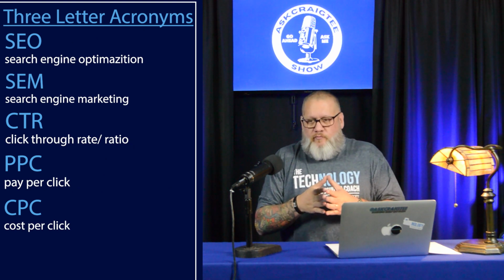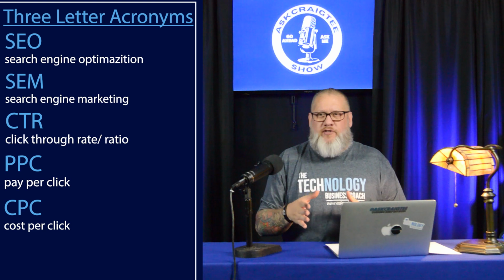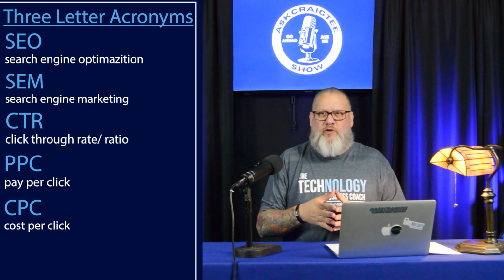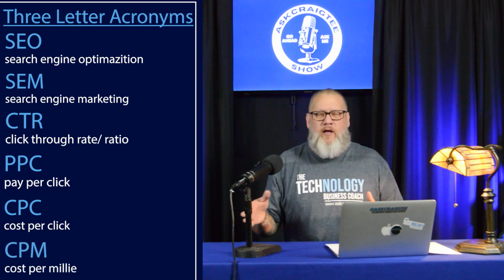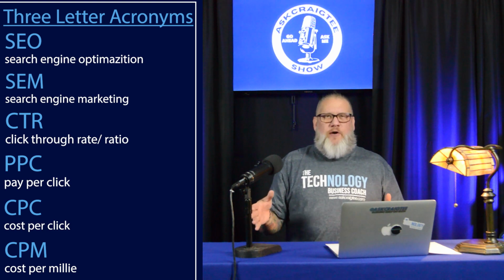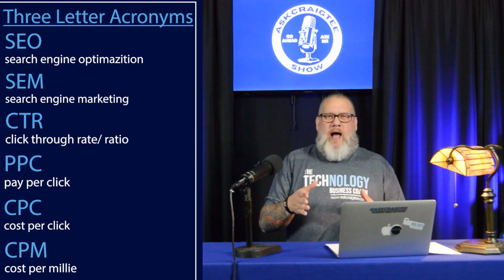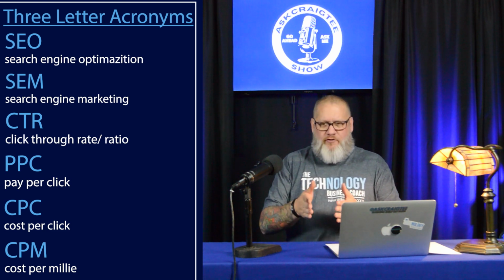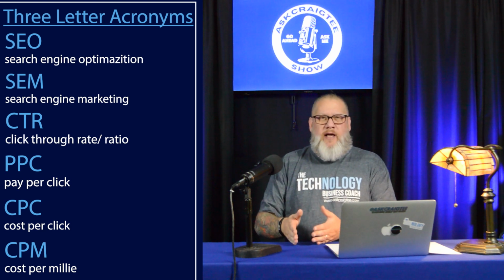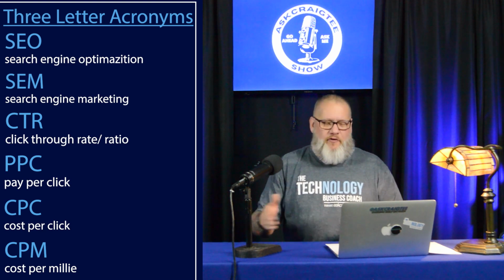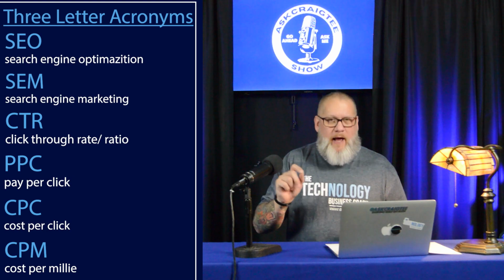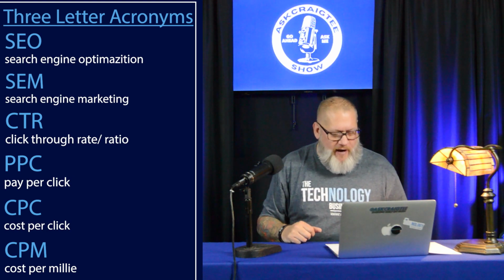Now, in the marketing world, there's a term, we covered this in our digital marketing series, called cost per mille. And it simply means 1,000. Mille is 1,000. So how much do advertisers pay for 1,000 impressions for the ad that they're running? So cost per mille, it's CPM. It's also a TLA, a 3-letter acronym.